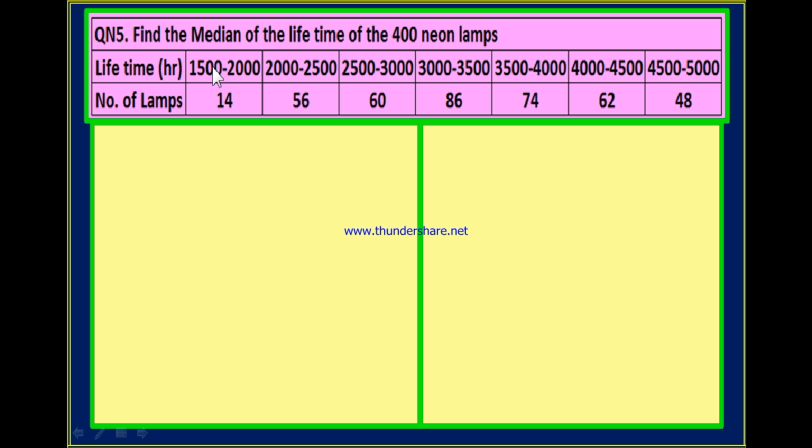If you observe this, for 1500 to 2000 hours the number of lamps is 14, and between 2000 to 2500 the number of lamps is 56, and between 2500 to 3000 the number of lamps is 60, between 3000 to 3500 the number of lamps is 86. You know that there are three central